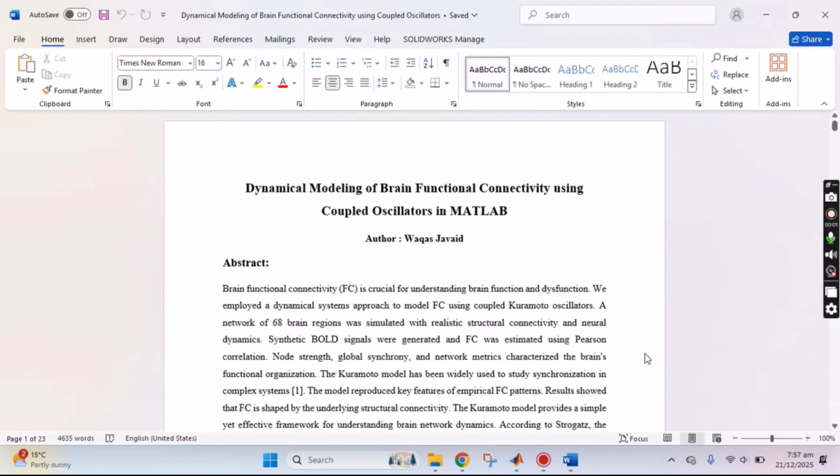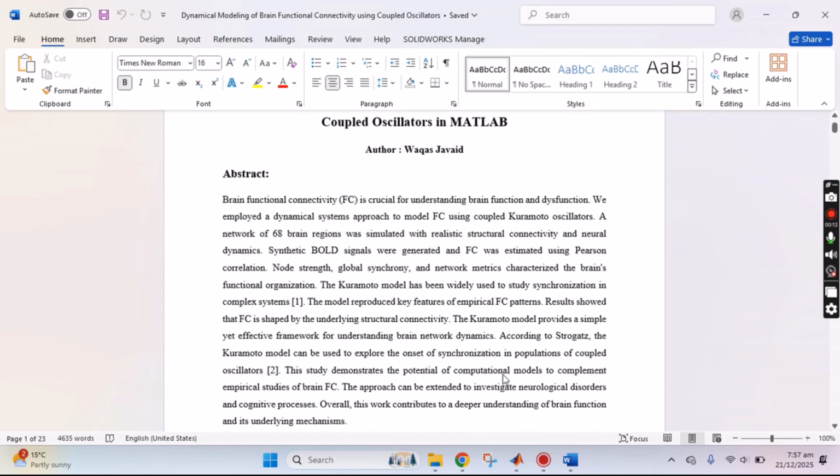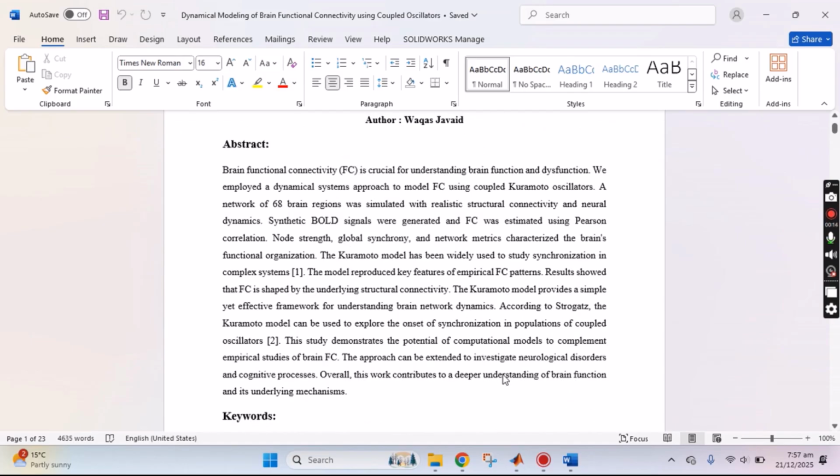Hi, this article is related to dynamical modeling of brain functional connectivity using coupled oscillators in MATLAB. Brain functional connectivity is crucial for understanding brain function and dysfunctions. In the dynamical system approach to model the functional connectivity, for the coupled